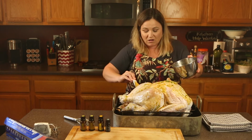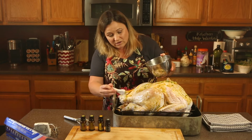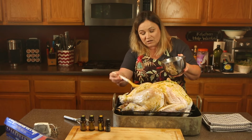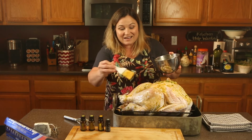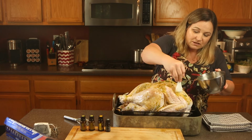But we're getting all of this basted. Just takes a little bit of time. And remember, the oils are going to be going right into the turkey. What's nice about the oils is that they kind of infuse into the skin. Oils have a little bit of a different